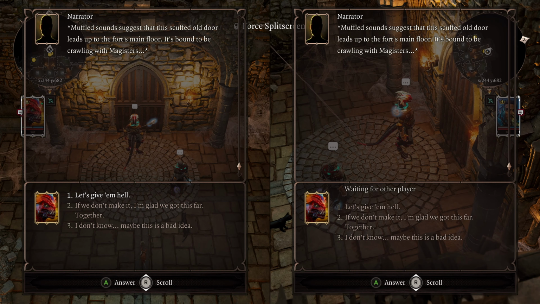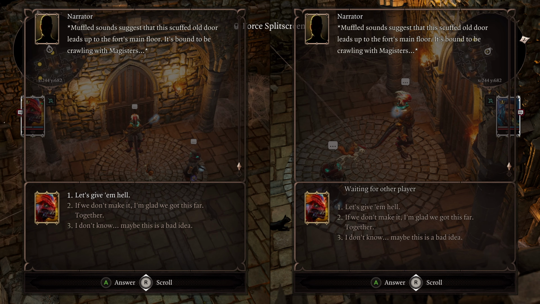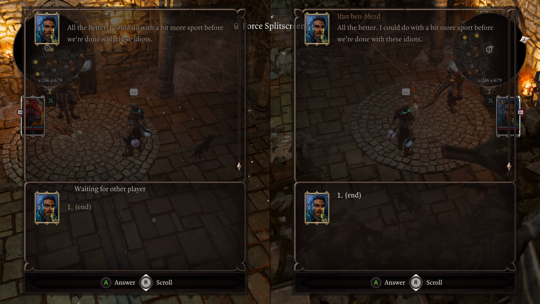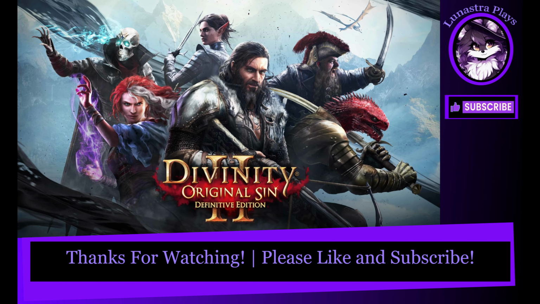Muffled sounds suggest that this scuffed old door leads up to the fort's main floor. It's bound to be crawling with magisters. Let's give 'em hell. All the better. I could do with a bit more sport before we're done with these idiots. What is